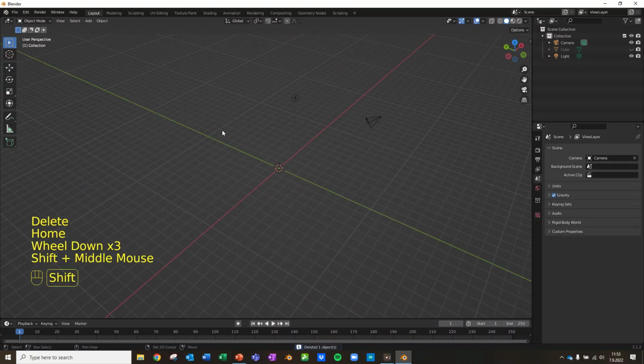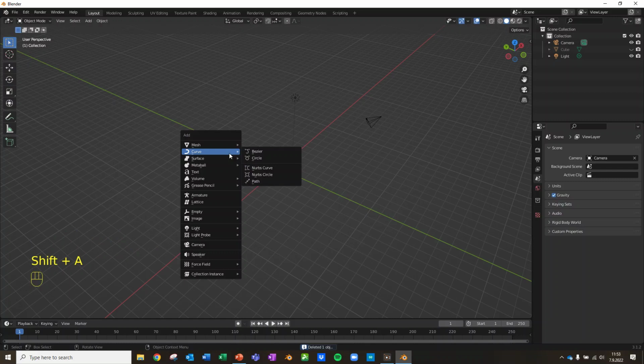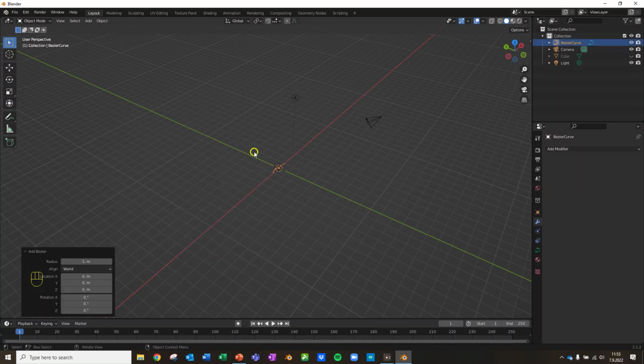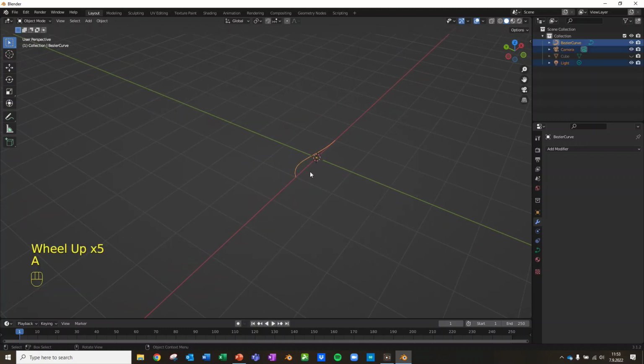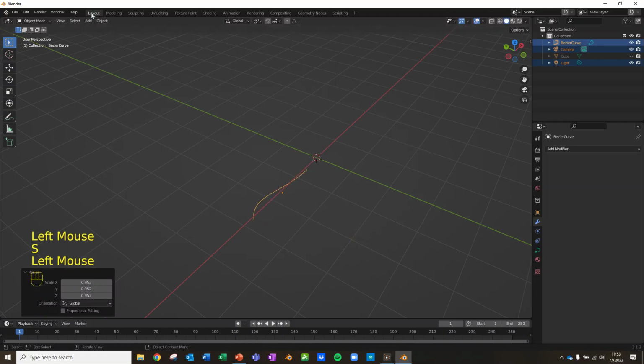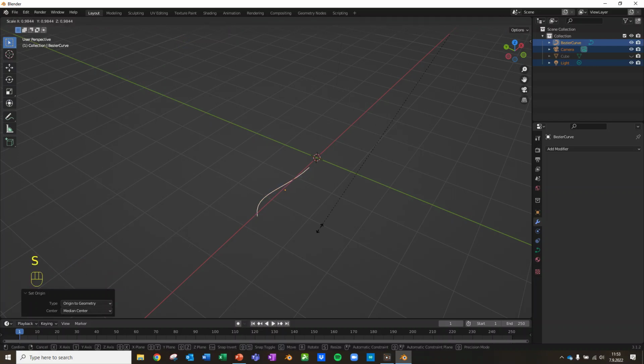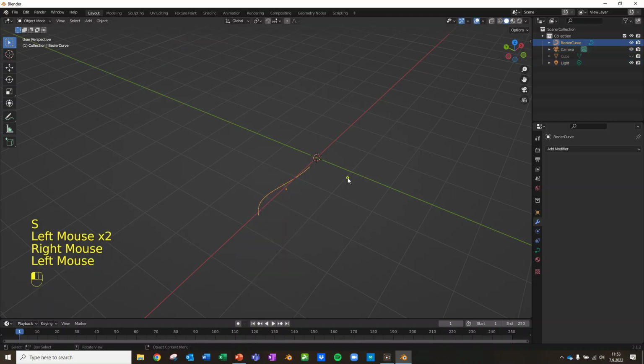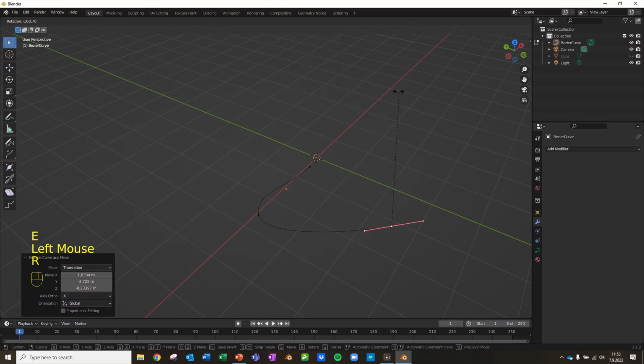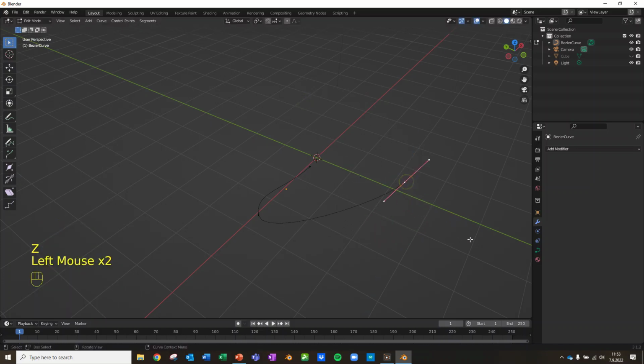The other set of stuff that you have in here is curves. But I haven't used curves that much, but I know that they are very useful. And if you need a curve, you can go in here and edit it, scale it, give the object origin to its geometry. And if you go into edit mode, you can pick any of the vertices and extrude from here, rotate like so, grab it on the Z, extrude some more,